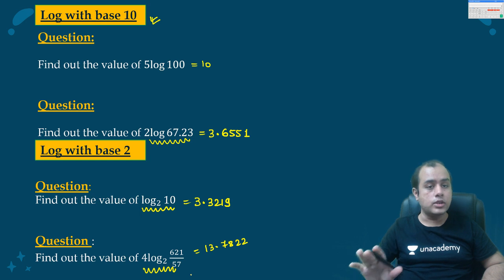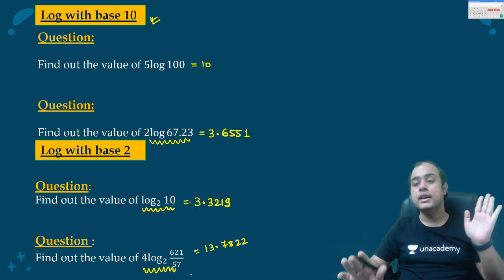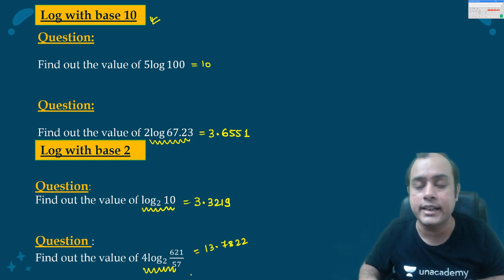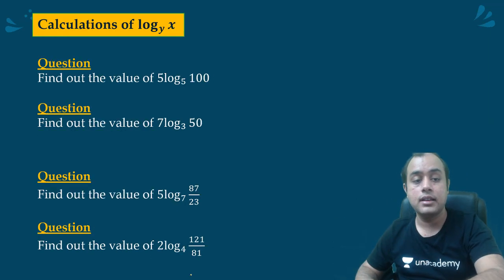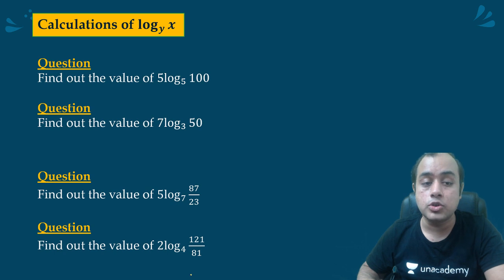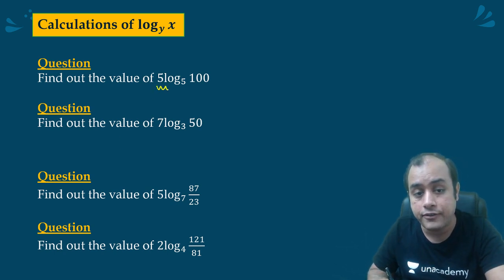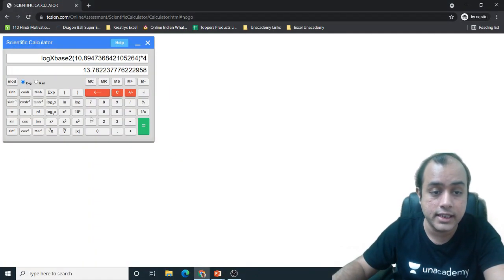Now you have understood these are the standard log functions: natural log, log on a base of 10, log on a base of 2. These many logs have been defined into the calculator. Already they are available. You don't need to define their base. But what about if I want to change the base? Suppose I want to evaluate 5 log 100 on a base of 5. Let's see.